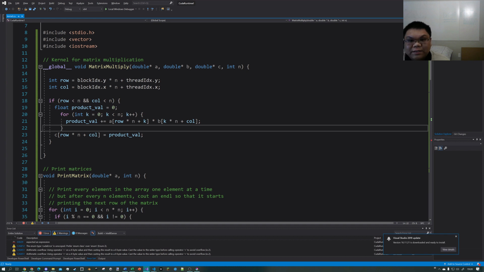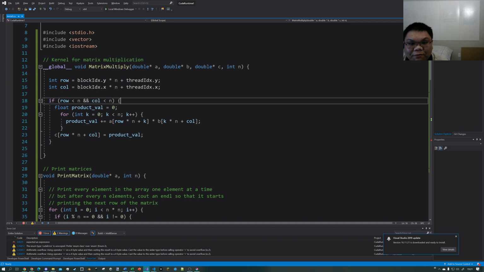So I guess that's fine for this example. But anyway, we're going to have a whole bunch of threads on this grid. And this if statement here is just here to make sure if we have any rows and columns outside the bounds of the matrix,